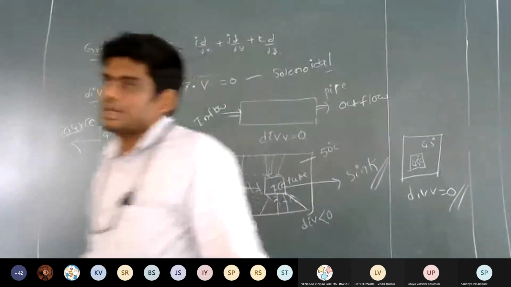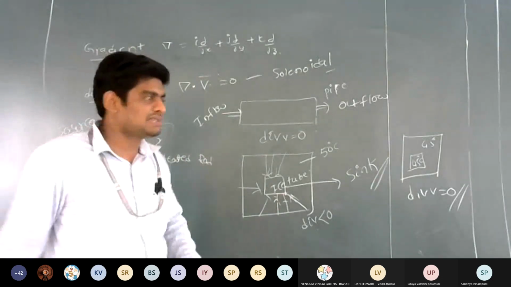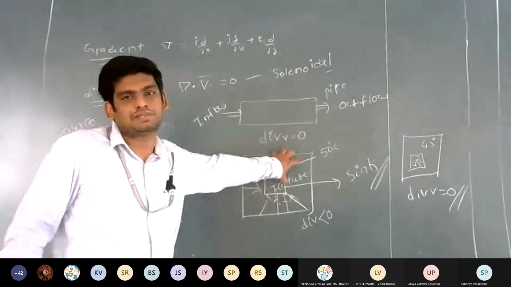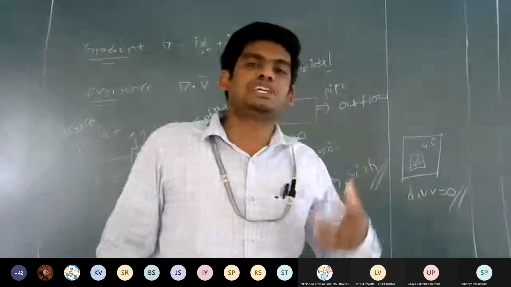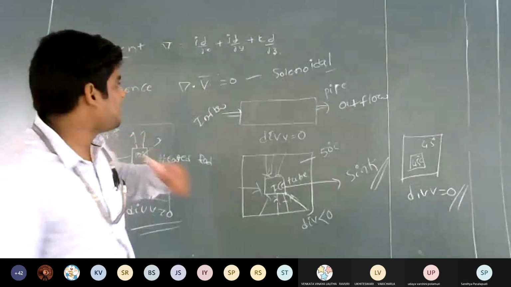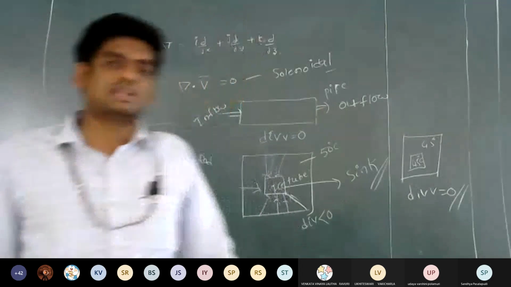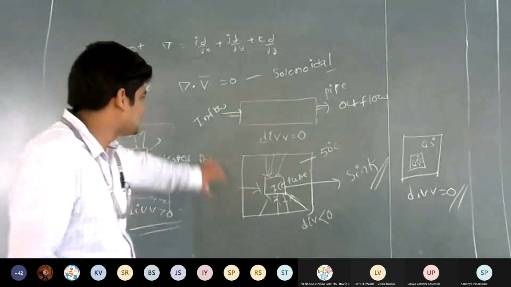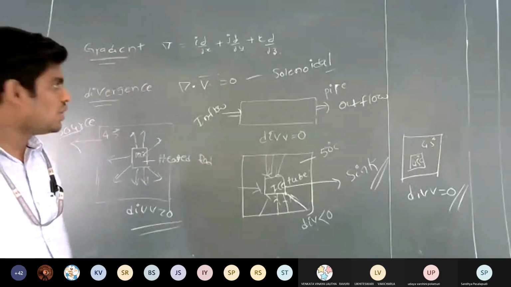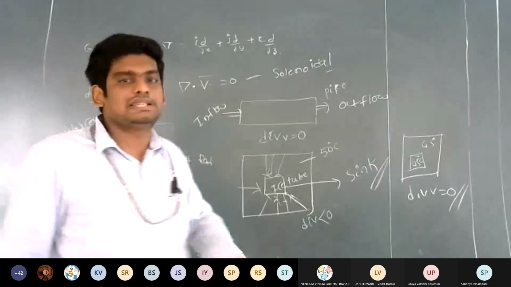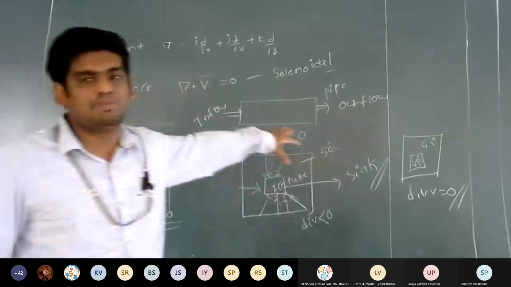We regularly use this phenomenon in fluid mechanics. Divergence means change of the substance, whether it is taking, giving, or no change. If no change, the divergence is equal to 0. When the divergence is equal to 0, that vector is called a solenoidal vector. This is the physical meaning of the divergence. The word divergence is new, but the meaning is basic.